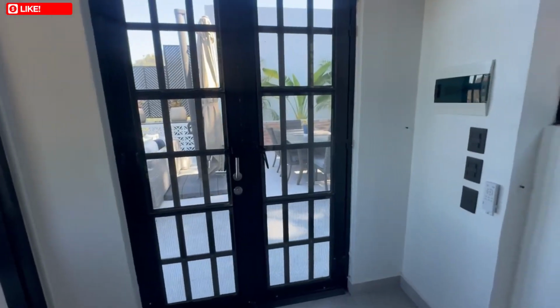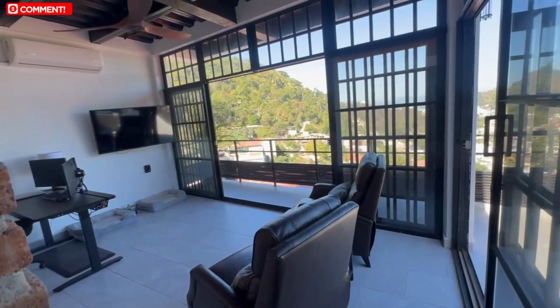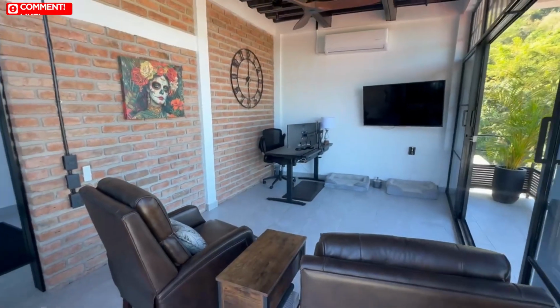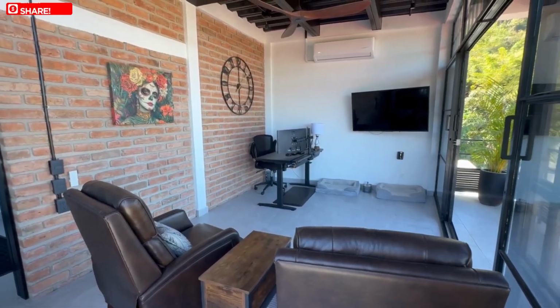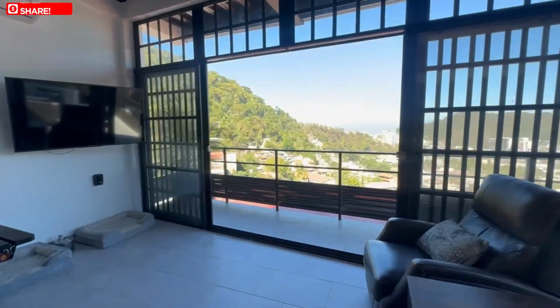So coming up, if you're just coming up off of the stairwell, you can make your way outside. And then this is what is the flex space. You can use this as a bedroom. As you can see, they have it set up right now to be an office, but you could very easily turn this into a bedroom. All of the bedrooms and all of the common areas, you also have these mini splits for your air conditioner here as well. This room is really big, but